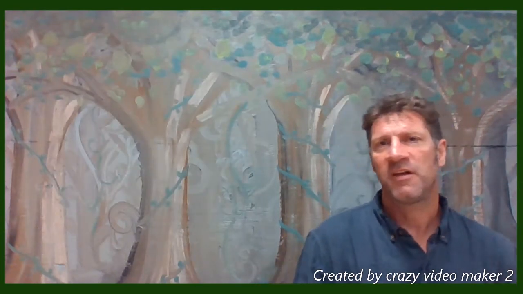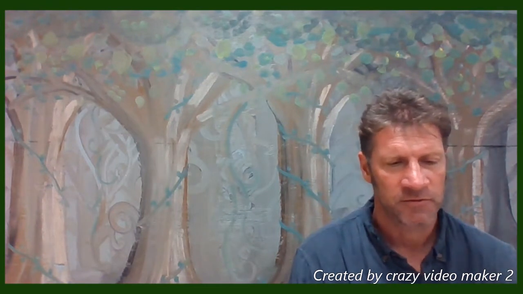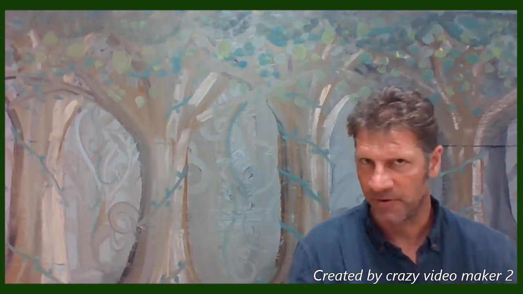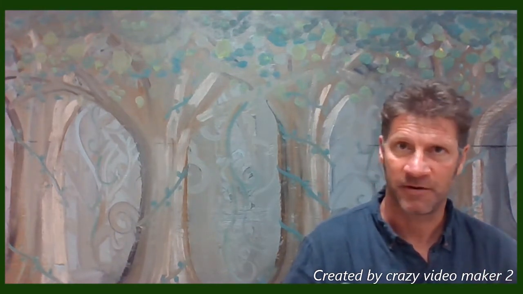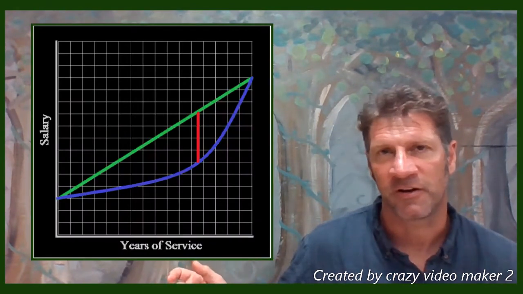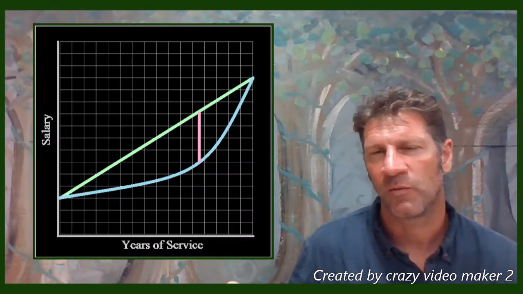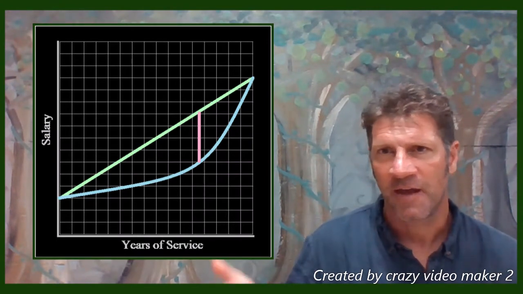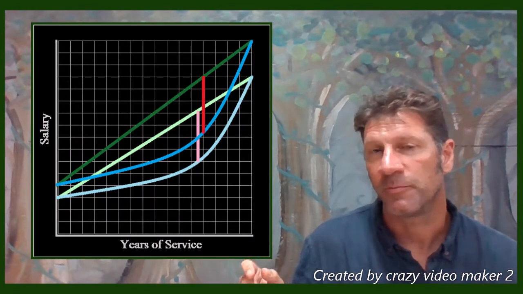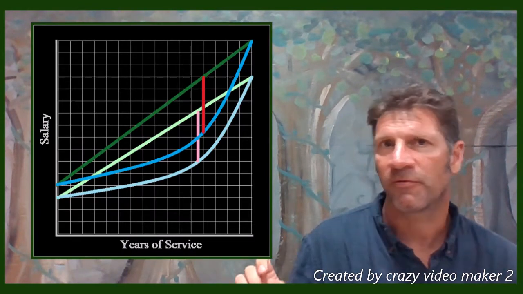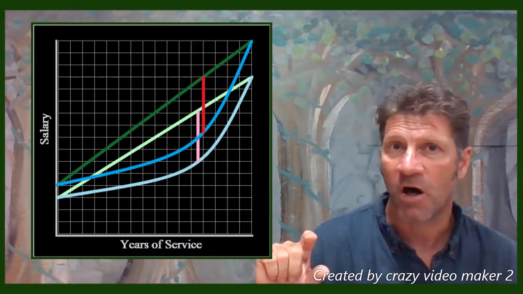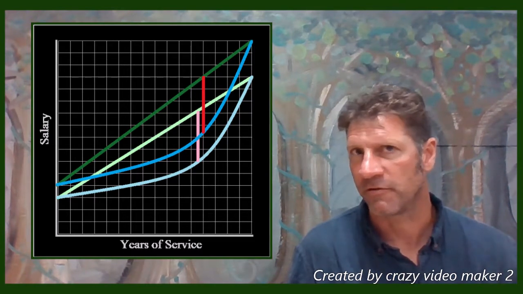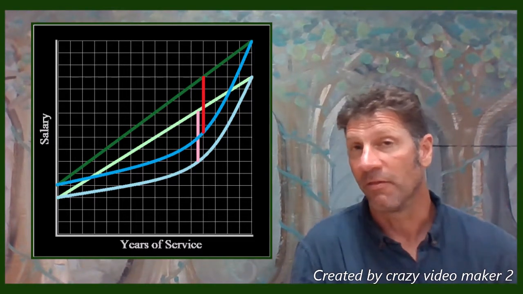Now, for the past several years, the teachers' contract in Proviso has been taking this exponential schedule and indexing it by a fixed percentage amount, year after year after year. So if we go back to the generic model, let's fade all the colors here, and now take a look at what happens when we index this by a percentage. Everything's going to go up. But because you're going by a percentage, the increase on the vertical axis for the salaries for beginning teachers is, in dollar terms, smaller than the increase for teachers later in their career at the end. Those are going to be much higher. So the line gets steeper.